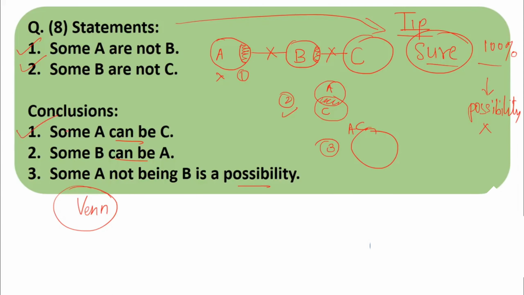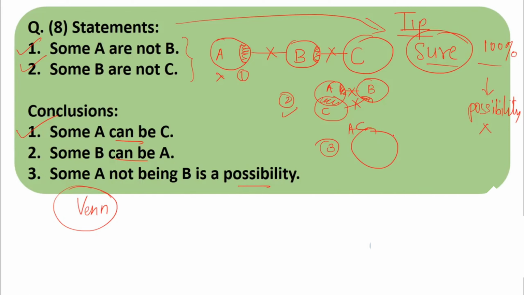But before marking this conclusion as right, we have to see that in all 3 situations, or all 3 possibilities, whether both statements get satisfied. Some A are not B, so draw that first. Second is some B are not C, some part of B is not C. Both sentences are satisfied over here in this also. So this is a correct Venn diagram and we can use it. Again, in the third one, what do we see?